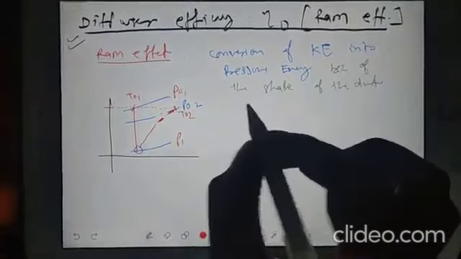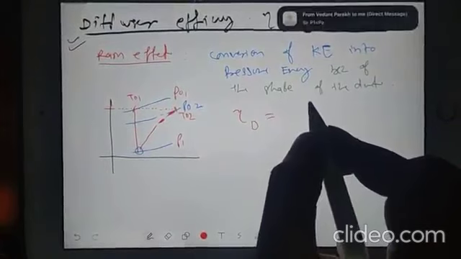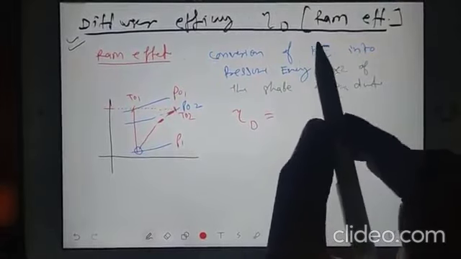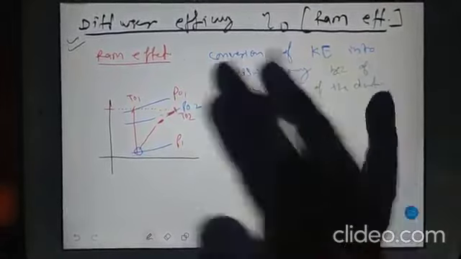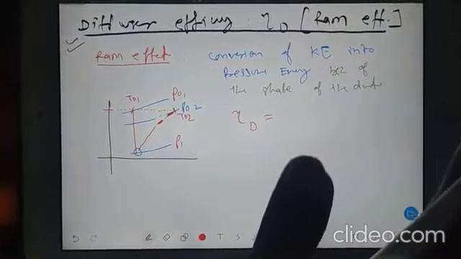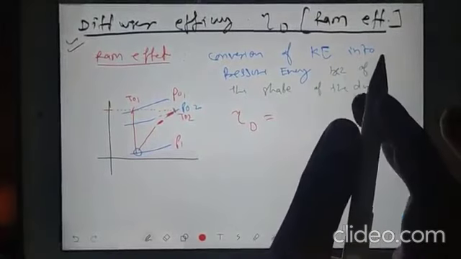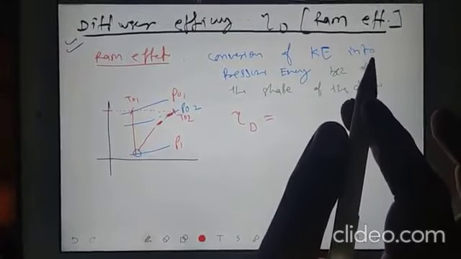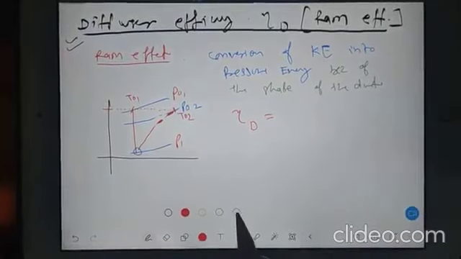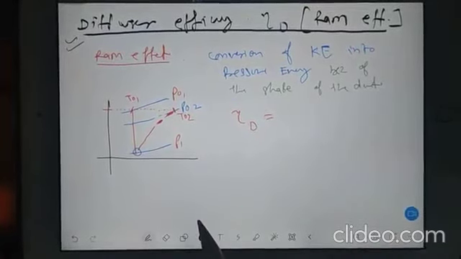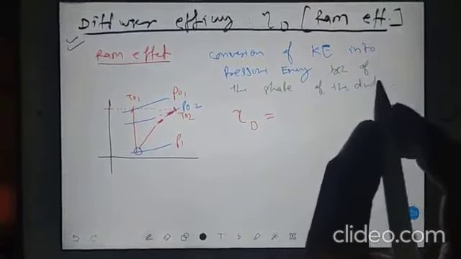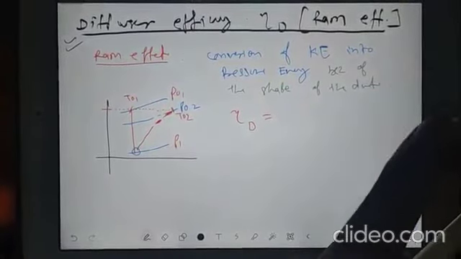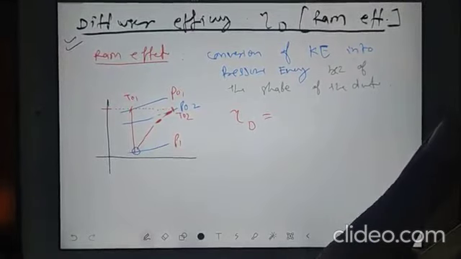So your eta D means diffuser efficiency. Actually, we are not bothering about PA because we are dealing inside the diffuser, from inlet to exit. The ambient condition we will take care of. In the beginning itself, the Mach number will be given, and we will understand whether we have to use the ambient, or apply a normal shock wave. Exactly at the inlet you will be having an NSW, a normal shock wave, in case of supersonic flow.